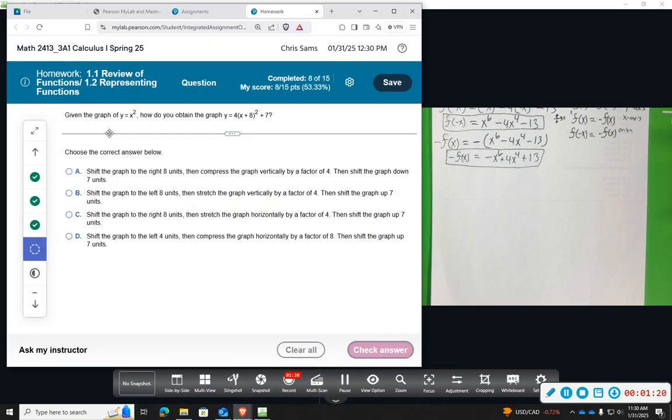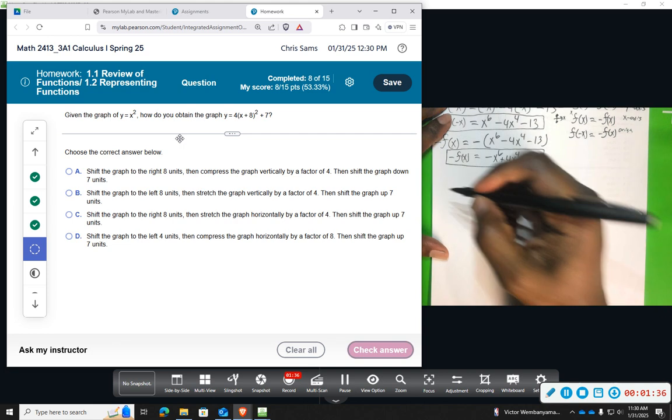All right, so question number 9, it says given the graph of y equals x squared, how do you obtain the graph of y equals 4 times the quantity 8 plus x squared plus 7? Okay, so if you recall the properties of transformation of a graph,